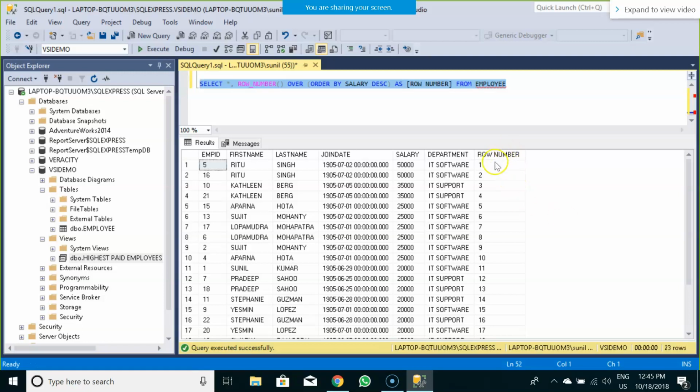You can see a sequence over here, right? 1 2 3 4 5 6 7 8. But before that sequence, something has happened. We have ordered the salary in descending order, and after that we have applied a row number.